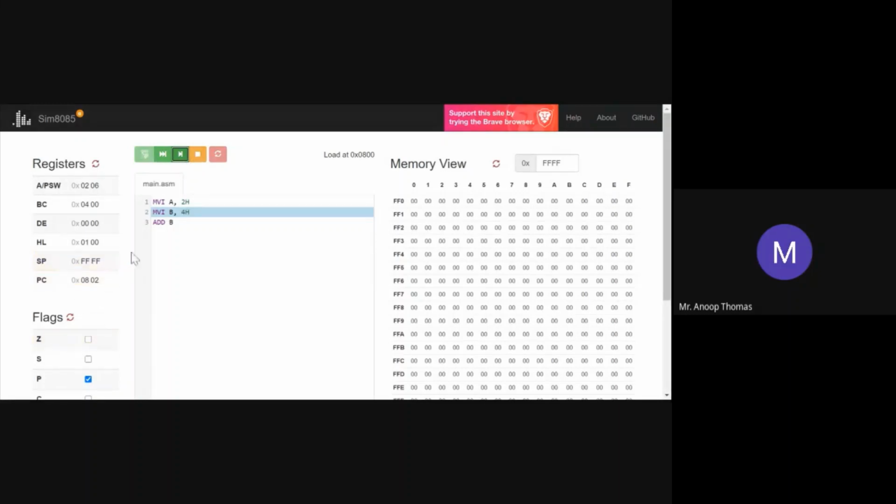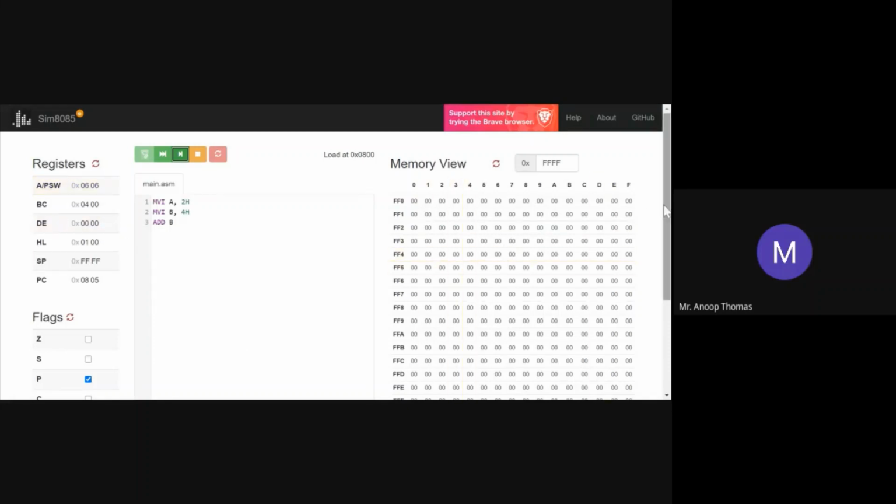As you can see, your program counter value is getting incremented by 2 because this is a 2-byte instruction. So it has gone to 8002. Now the next instruction, when you apply it, B has been loaded with 04. Since I had already executed the program, it is preloaded with 04. And then finally, when you do ADD B, the accumulator value has gone to 6. So the addition of 4 plus 2 has been performed and the result is stored in the accumulator.